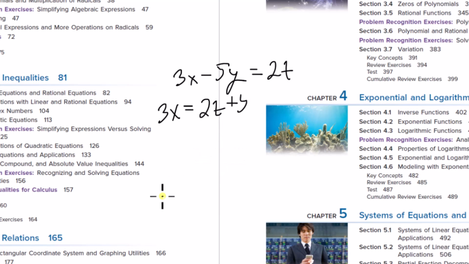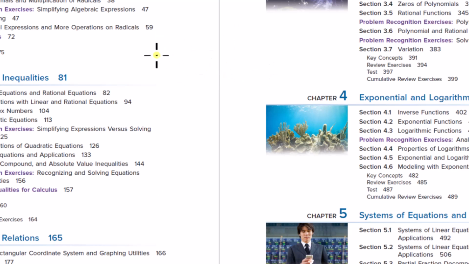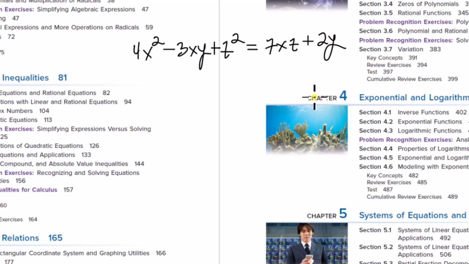I could show you a quick example. Let's say we had a quadratic equation in 3 variables. So 4x squared minus 3xy plus z squared is equal to 7xz plus 2y. Okay, we know this is quadratic because